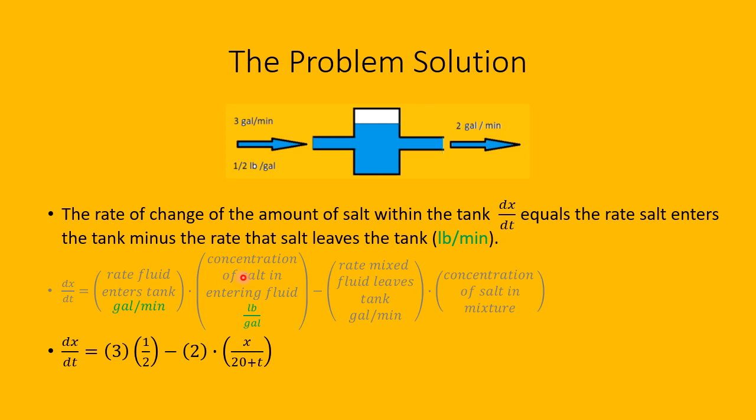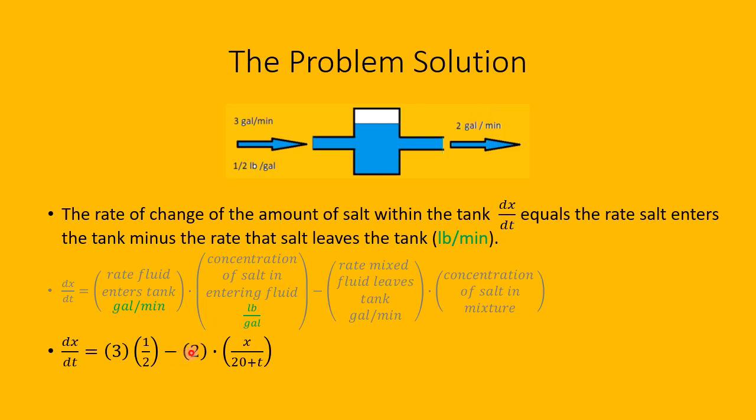Now let's look at each of these 4 factors in those 2 terms. The rate that fluid enters the tank in gallons per minute, the problem told us that was 3 gallons per minute. So here's the 3. The concentration of salt entering the tank, well, we were told this fluid had a half pound of salt per gallon. So this factor is 1/2. Then we subtract off the product of these two factors. The rate the mixed fluid leaves the tank, measured in gallons per minute, we were told that was 2,